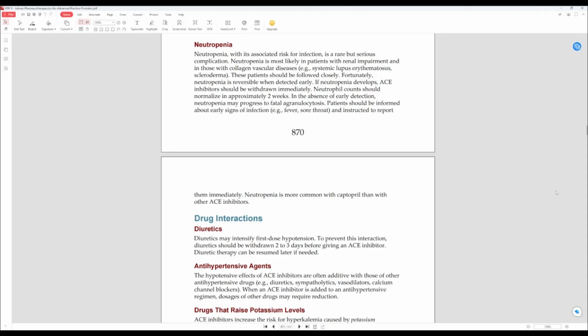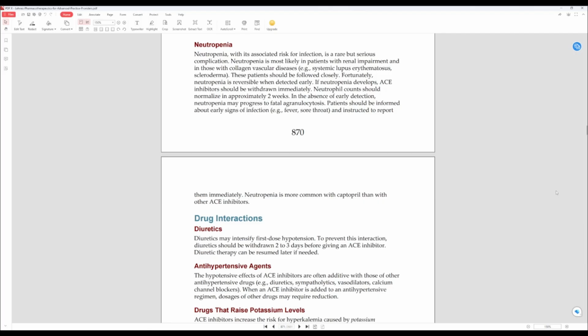Fortunately, neutropenia is reversible when detected early enough. If neutropenia starts to develop, ACE inhibitors should be withdrawn immediately. The neutrophil count should be back to normal in about 2 weeks. In the absence, however, of early detection, neutropenia may progress to a fatal